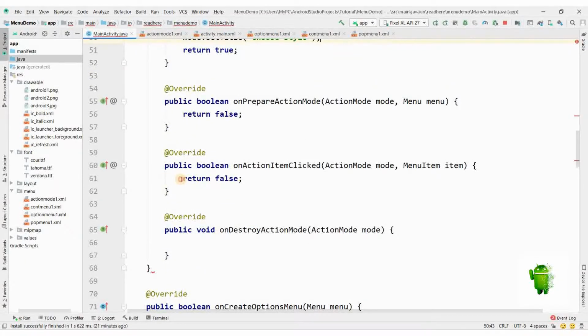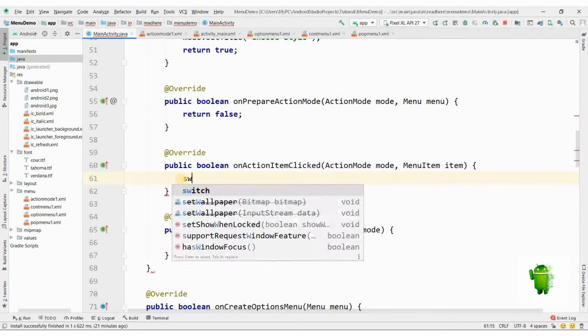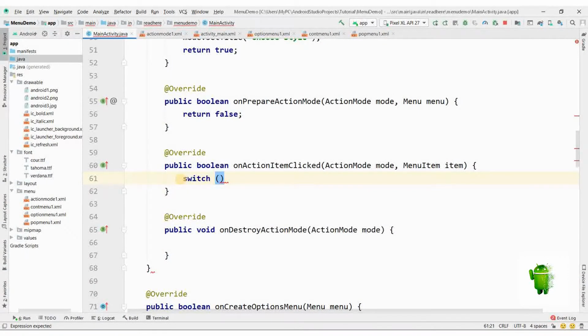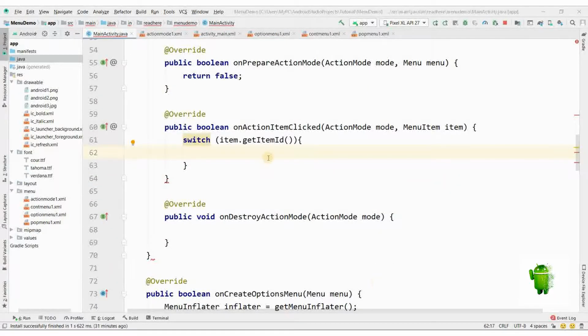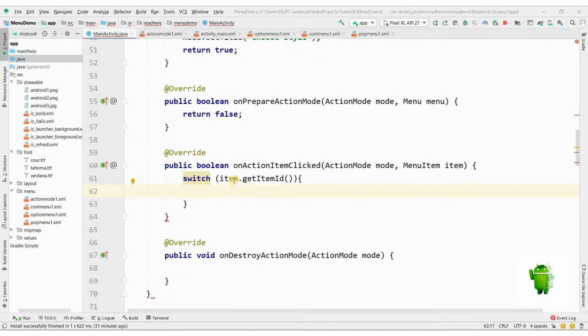On action item click listener we will get item dot id. Now when we click on those action mode menus, then on action item click function will be called. Into that we will be implementing the switch case. In that there will be 3 cases.